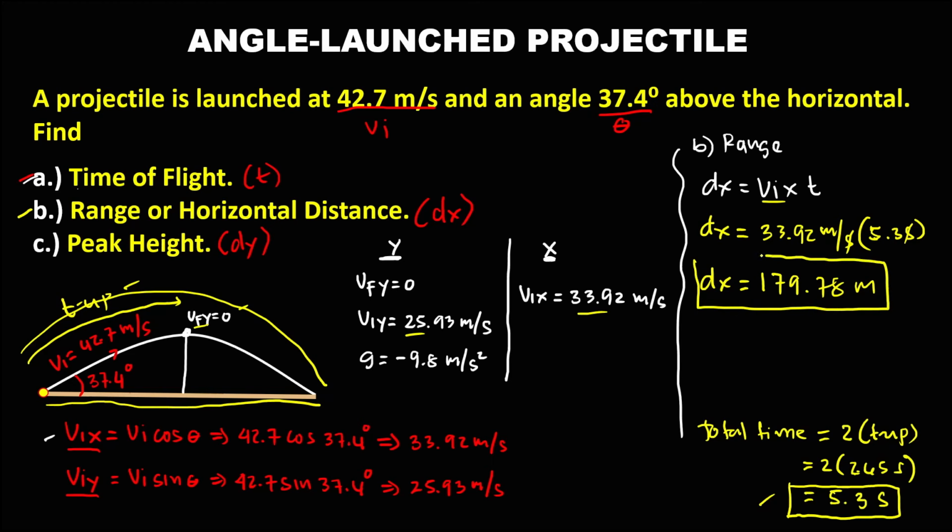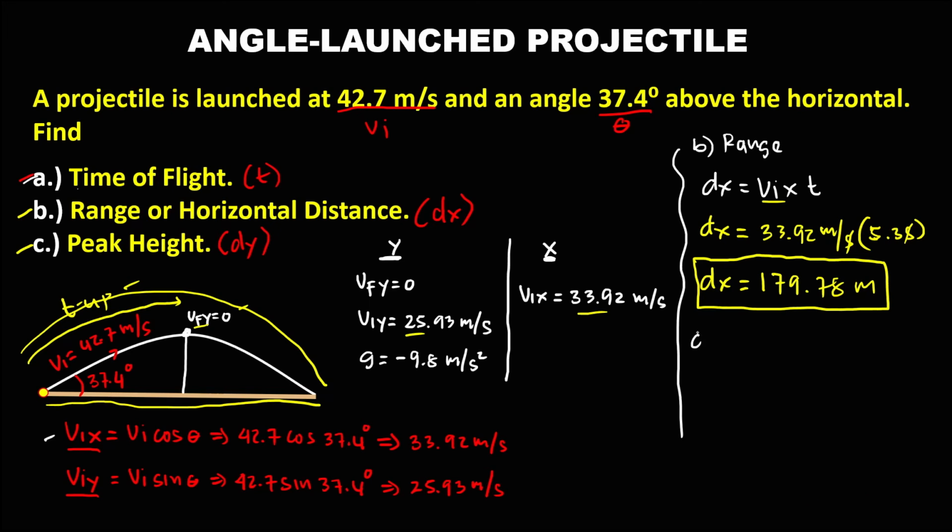So the range, or the horizontal distance, is 179.78 meters. Then to solve for the peak height, or the maximum height,